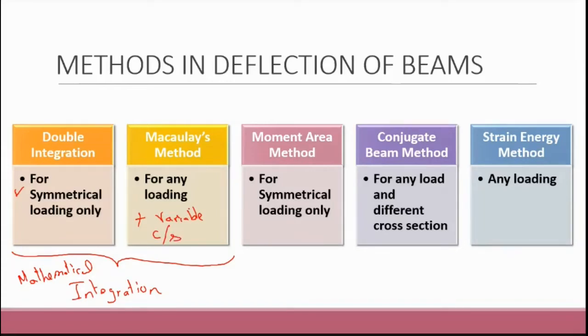right? So when I say variable cross section, you have a beam in which half of the beam is a rectangular shape, the next half is a square shape. So there's a change in your beam, right? Something like that. So when you apply a load, what happens? That thing, you can't solve. So this is applicable only when the beam is constant throughout the entire length, whereas in conjugate beam, you can apply for that also.